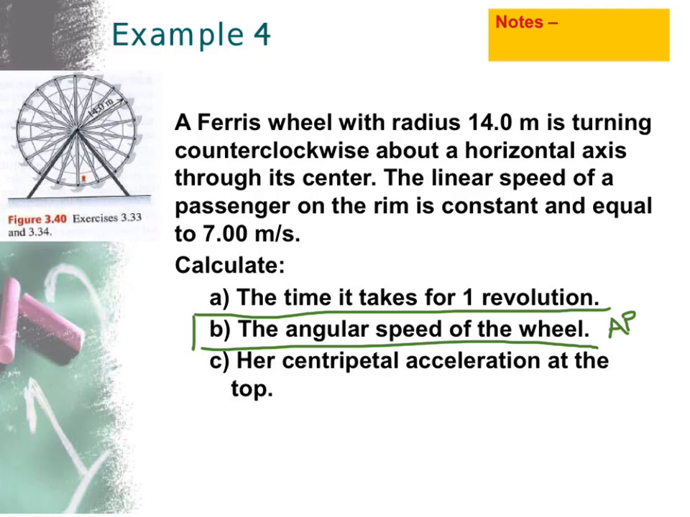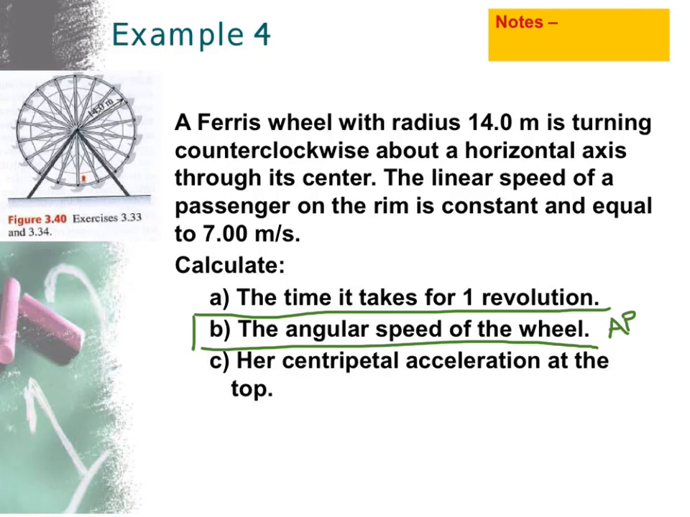So we have a Ferris wheel with a radius of 14 meters turning counterclockwise. Counterclockwise means opposite of a clock. So if we start here, we're going to go in the opposite direction of an old-fashioned clock. This Ferris wheel is turning counterclockwise about a horizontal axis through the center. So there's an axis going through the center of the circle, and our Ferris wheel is rotating around that